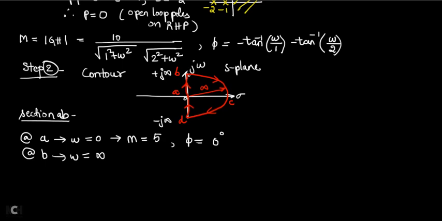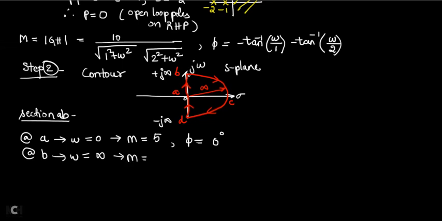You know that the contour is an infinite contour. The entire right hand side means infinite only, no? So the B point will be at infinity and the D point will be at minus infinity. Remember, at B and D your omega value will be infinity. At C also infinity.